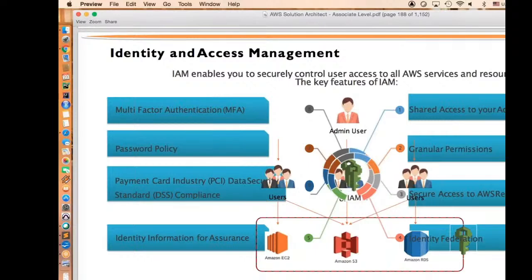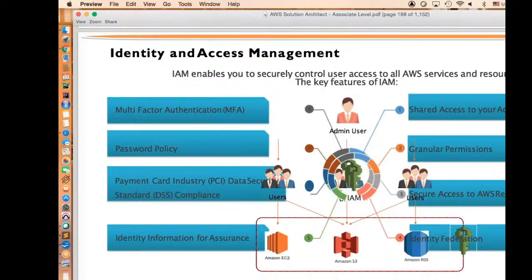You can manage policy services like password policy, identity federation information, or secure access to AWS resources, and any kind of granular permissions to users or particular services. Everything you can control through